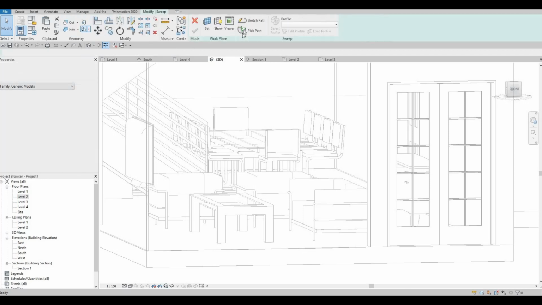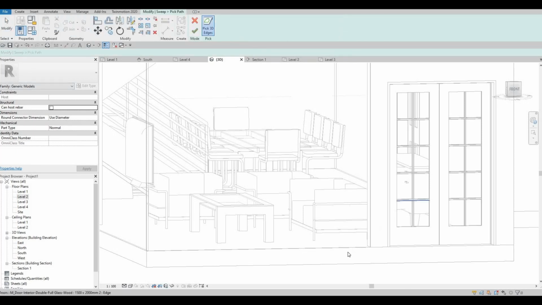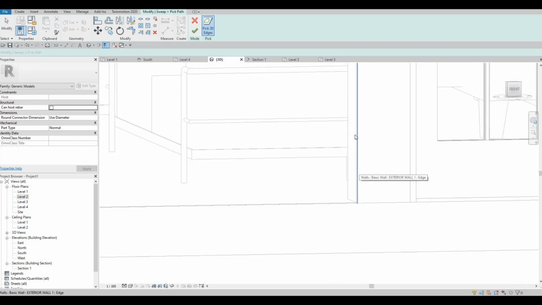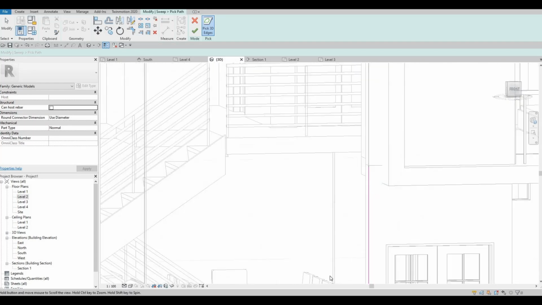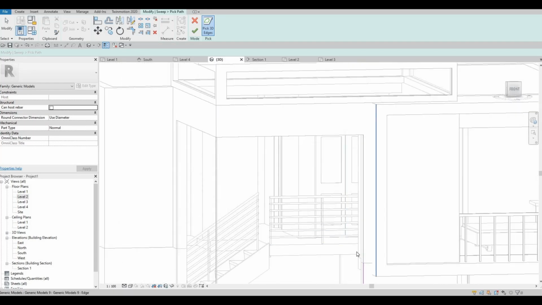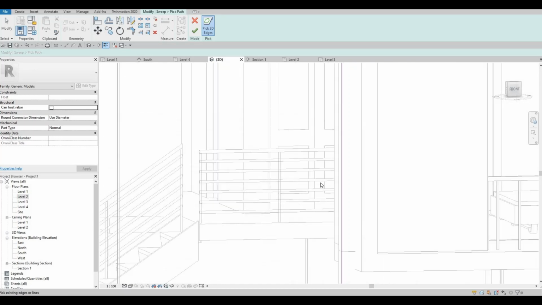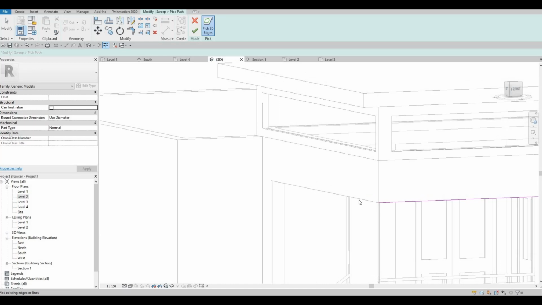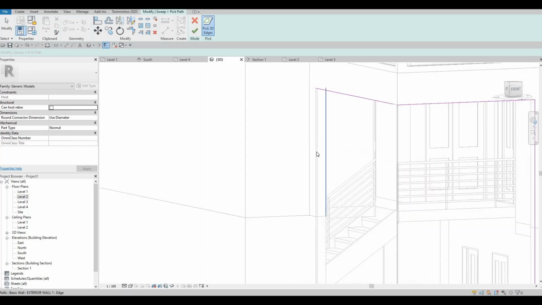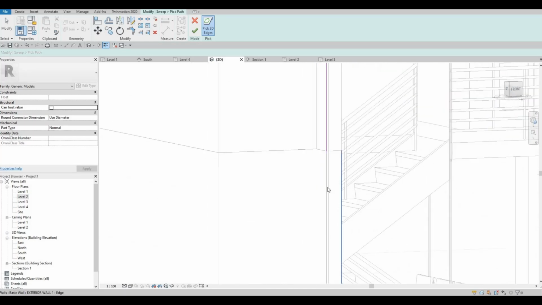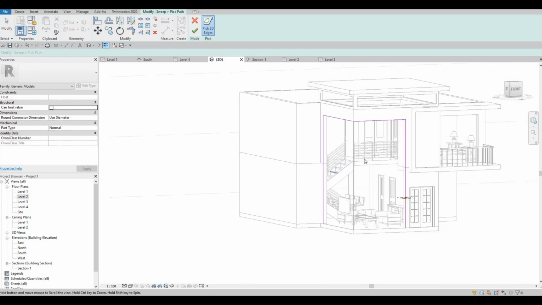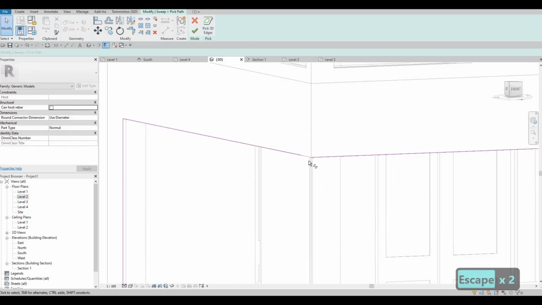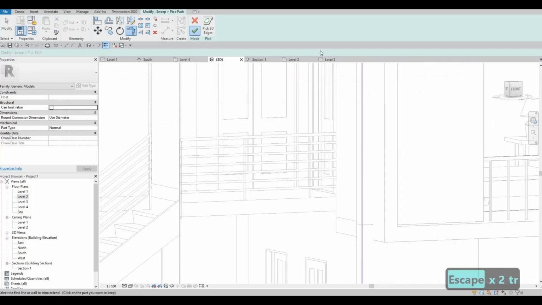So here, sweep again, pick a path. So usually it's a 3D path. Same goes to the other side. So we're just extending this because this consists of the second floor. And I just want to make sure that I covered everything. Trim here. After you're done,